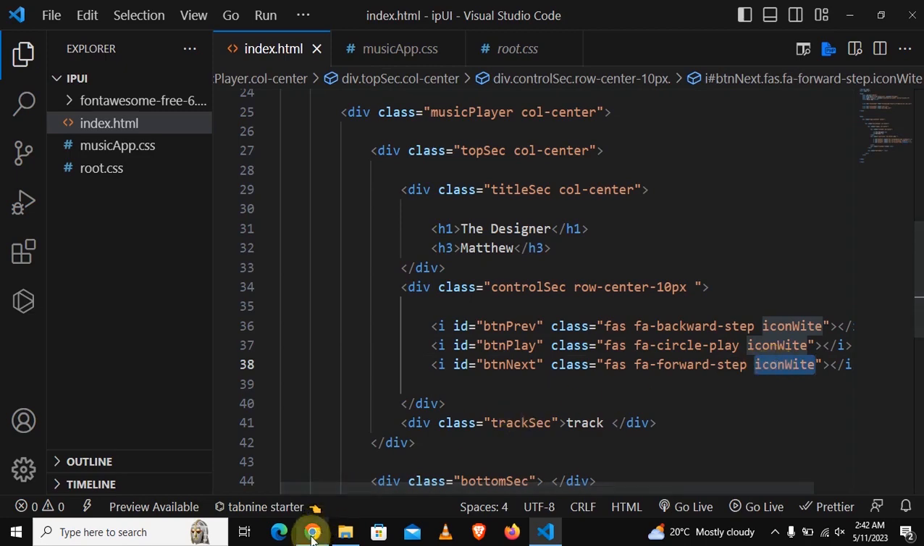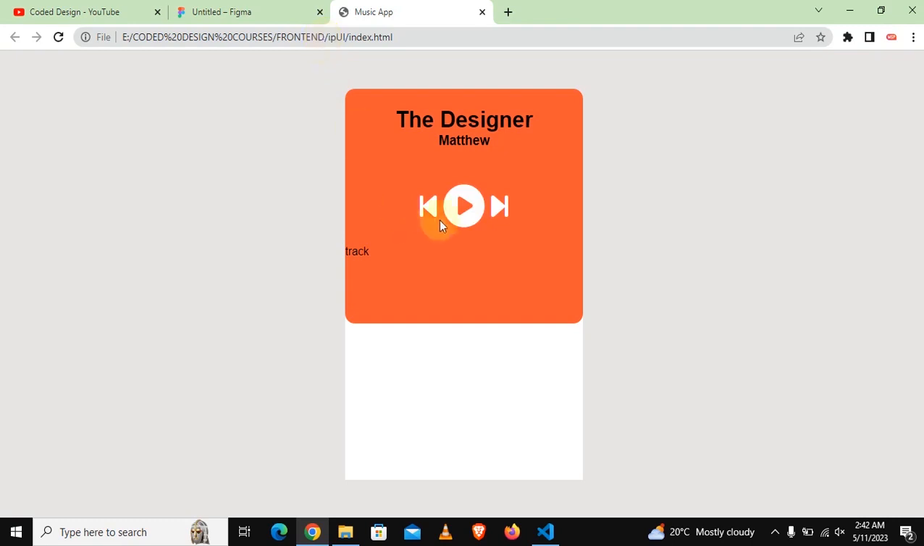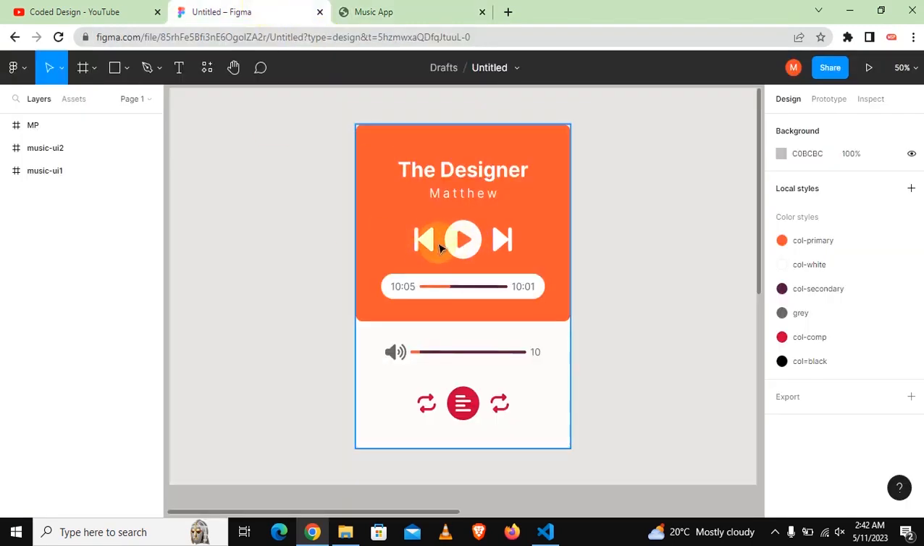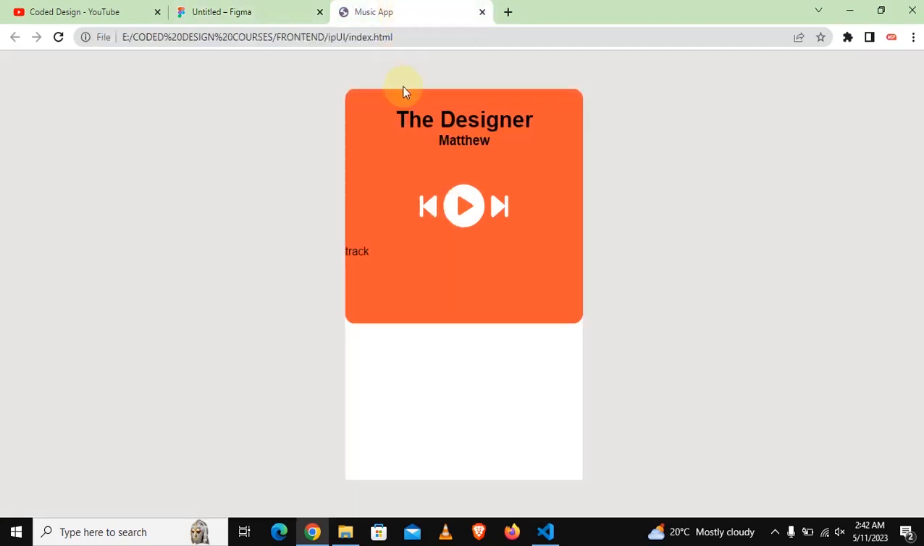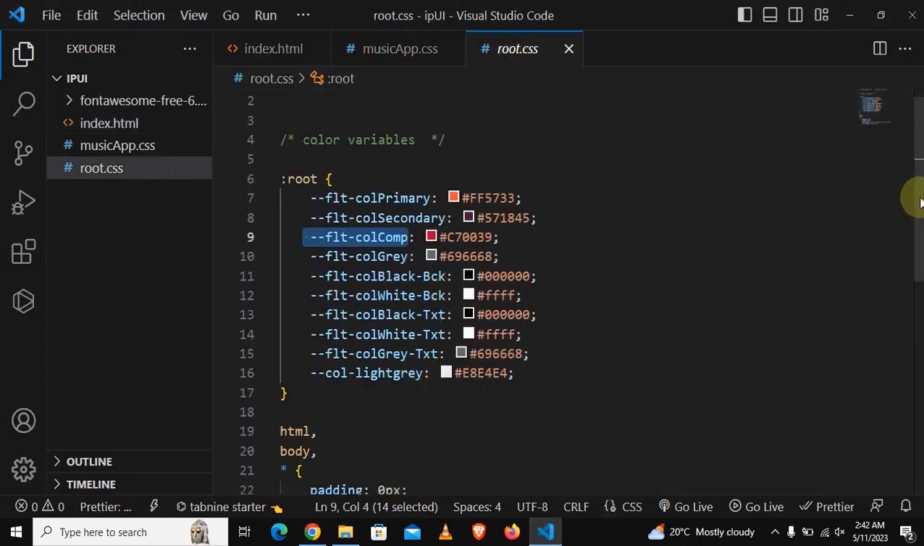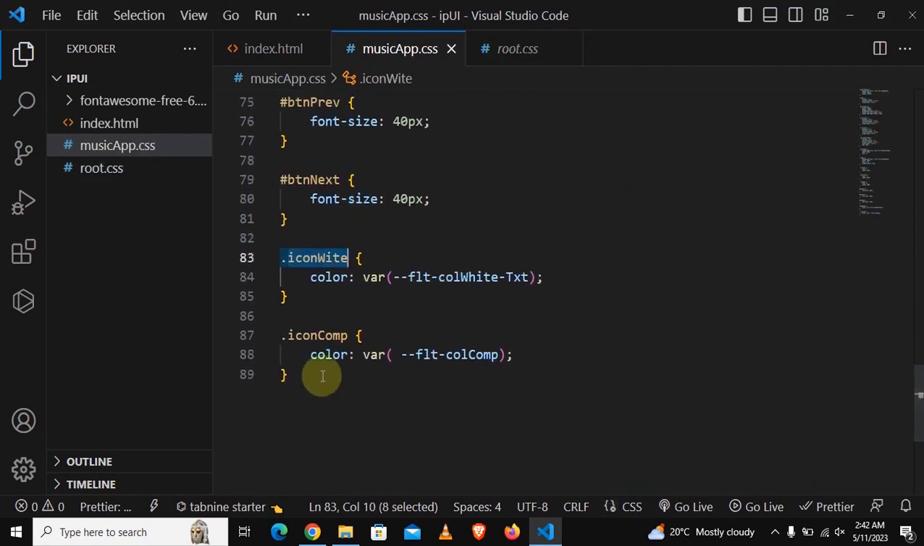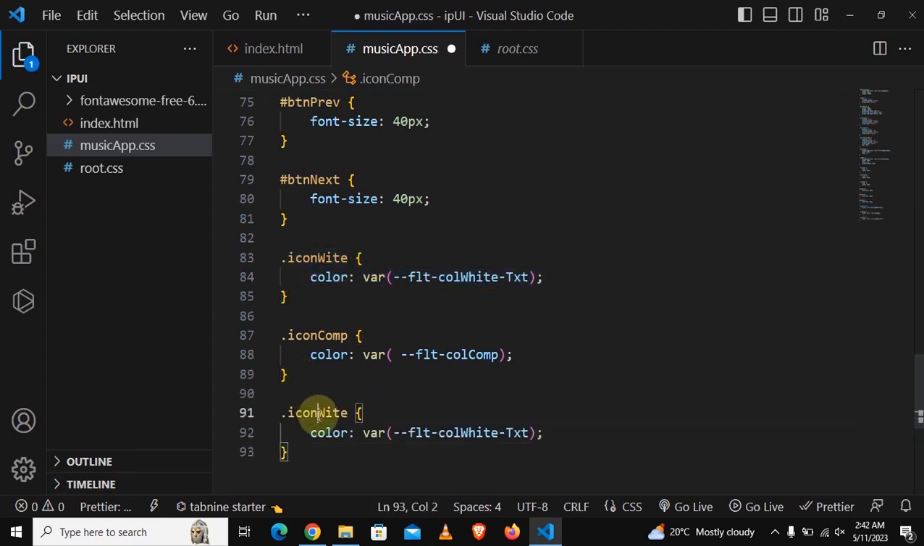Now let's refresh our browser and see. Okay, as you can see now, this looks more or less like this. Okay, and then let's change also this color to white. Let's create a class that we can reuse, and don't forget that we are always trying to create reusable CSS. Okay, so let's say text white,